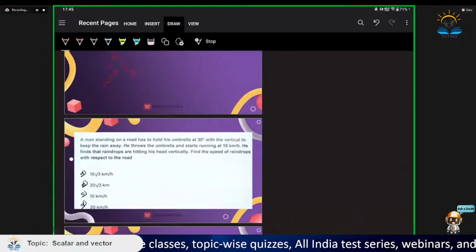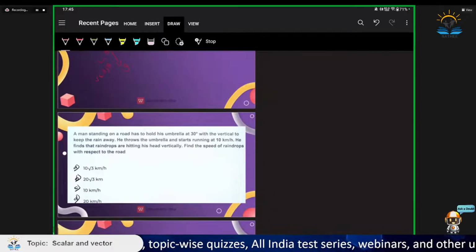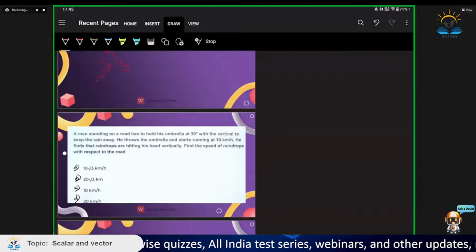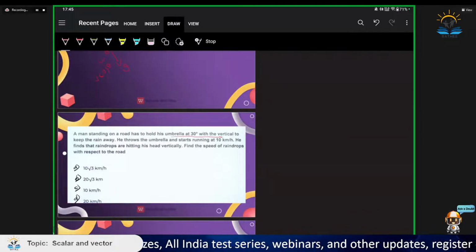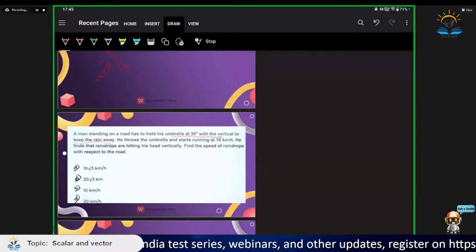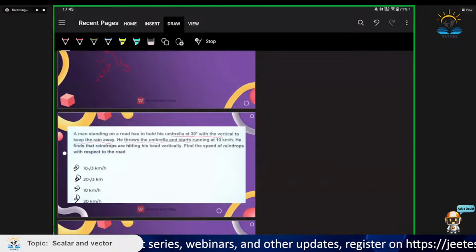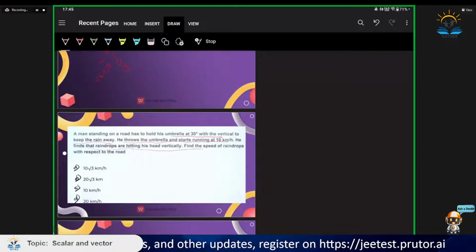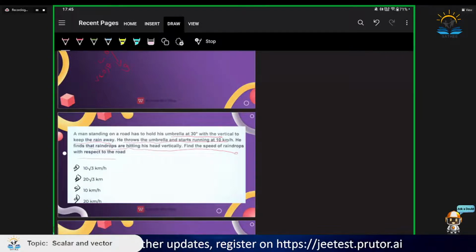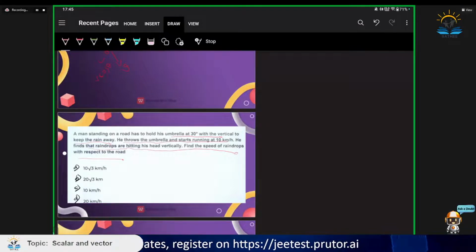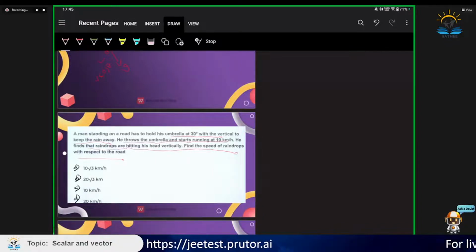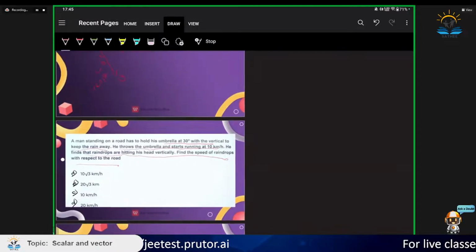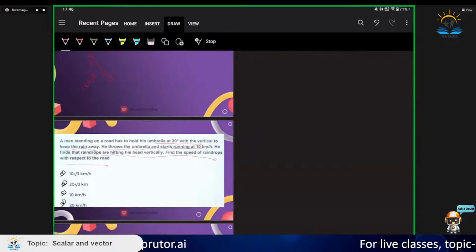Let's solve the first question. A man standing on a road has to hold his umbrella at 30 degree with the vertical to keep the rain away. He throws the umbrella and starts running at 10 km per hour. He finds that raindrops are hitting his head vertically. Find the speed of raindrops with respect to the road. Okay, let me picturize the condition. In first case,